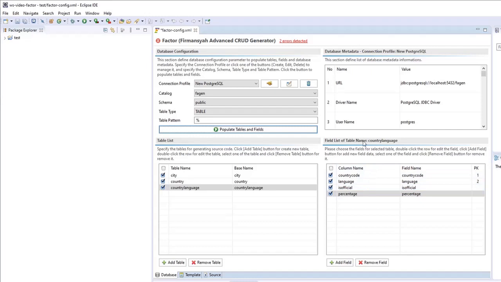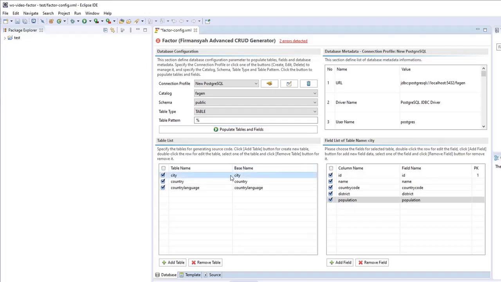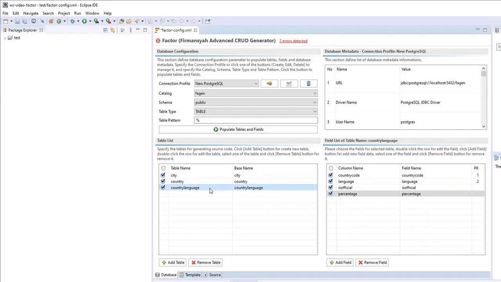This is the country language table, and this is all the columns of this table. If you click another table, then the column list, or the field list, will change based on whatever we click on this table.